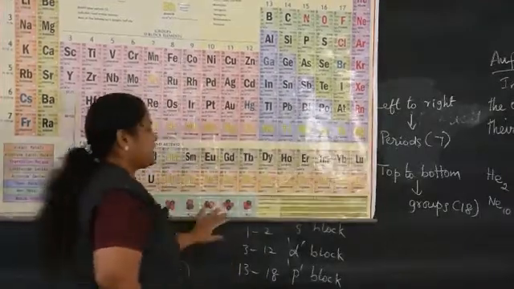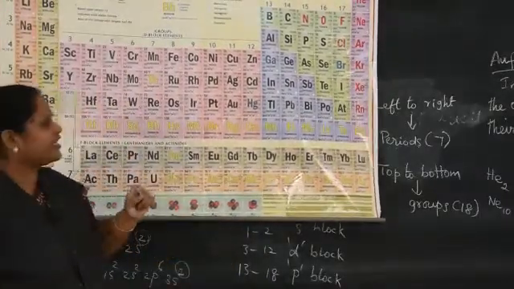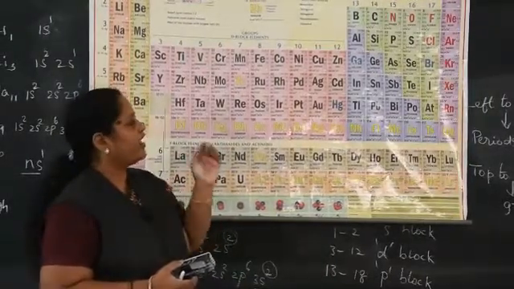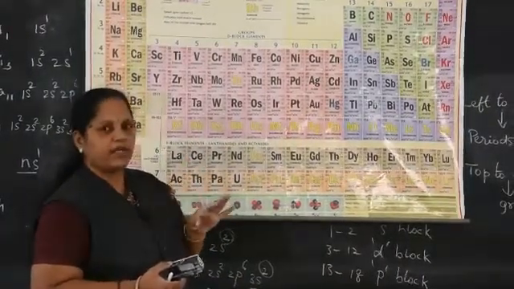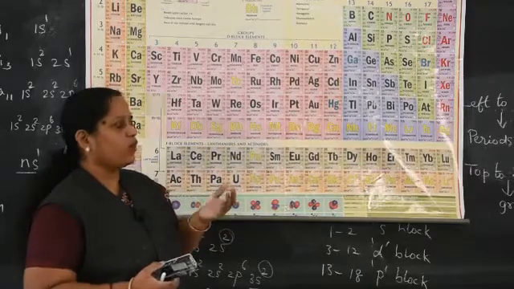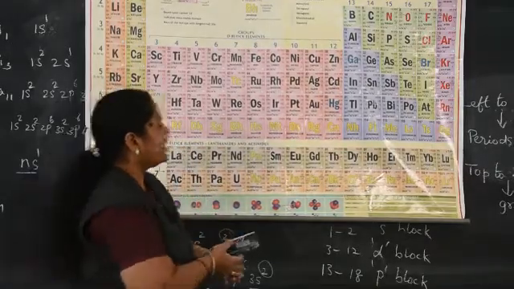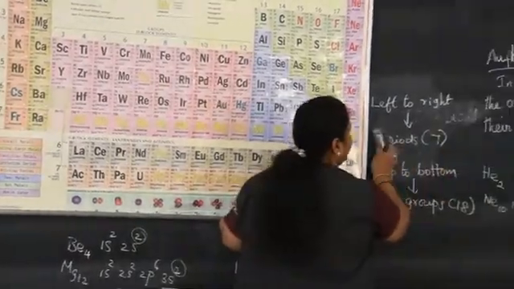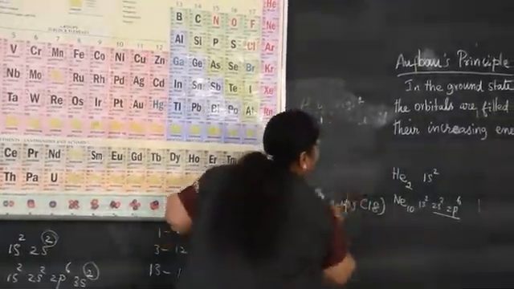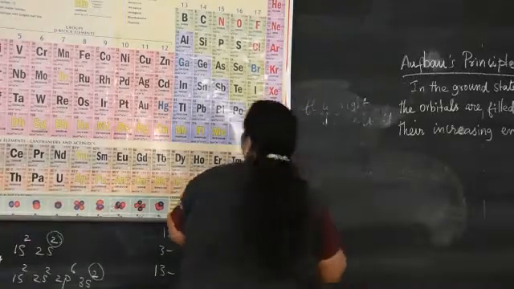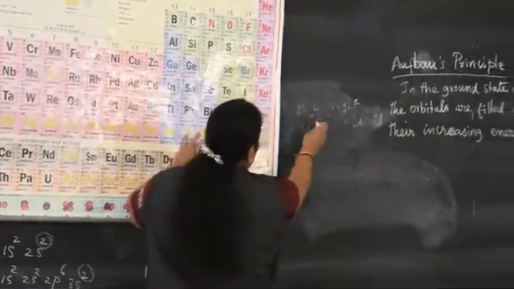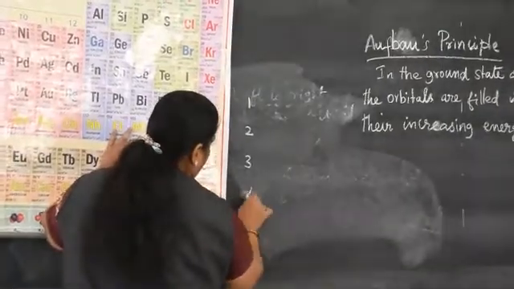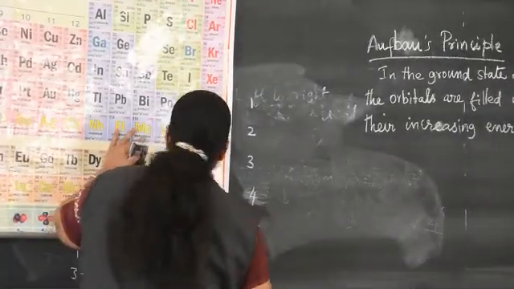Okay, next. In each period, that is another important point you want to note: whenever they ask about the periodic table, if you write like this, you get more marks. So totally how many periods are there? 7 periods. In each period how many elements are there? How many periods are there? 1, 2, 3, 4, 5, 6, 7.